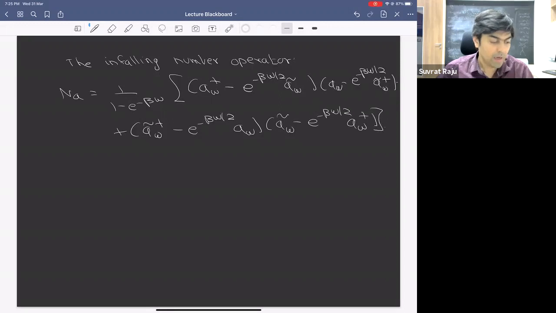Now, I'm calling this the infalling number operator, but in particular, you can check that for states which have a smooth horizon, we have the property